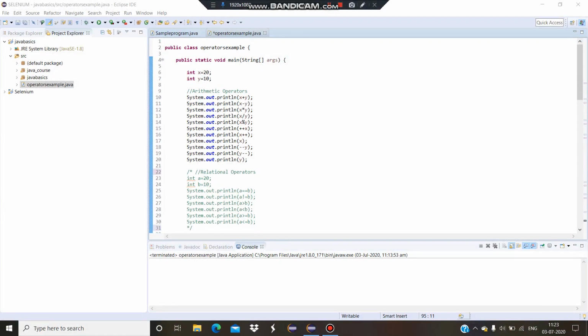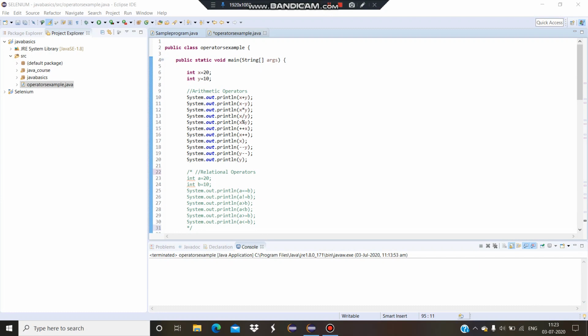The first type is the arithmetic operators, meaning addition, subtraction, multiplication, division, modulus, increment and decrement operations. Increment and decrement are further classified into post and pre-increment, and post and pre-decrement respectively.